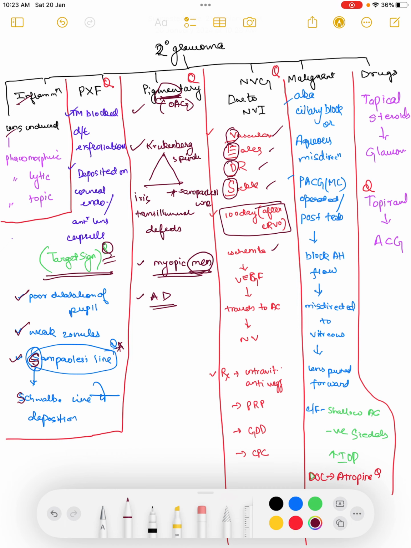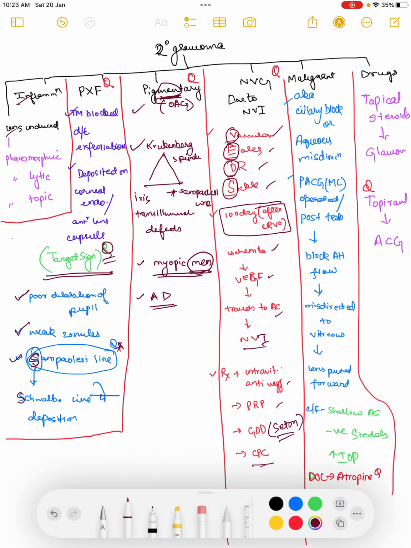Pathophysiology being ischemia of the retina. Whenever there is ischemia, as we have studied in Robbins pathology, there will be release of vascular endothelial growth factor, which will lead to the formation of new vessels, and these new vessels will traverse from the posterior chamber to the anterior chamber and lead to NVI, neovascularization of iris, neovascularization of the angle. Treatment will be intravitreal injection of anti-VEGF, panretinal photocoagulation, Seton operation, that is the glaucoma drainage devices we can use. In refractory cases, we can go for